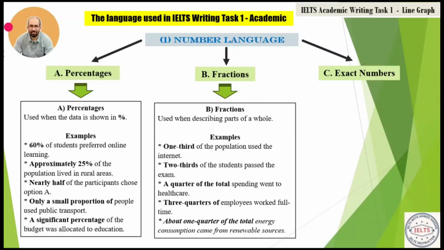About 1/4 of the total energy consumption came from renewable sources. So 1/3, 2/3, 1/4 of the total, 3/4 of, about 1/4 of the total, all of them are about fractions. And you can write about exact numbers also, such as